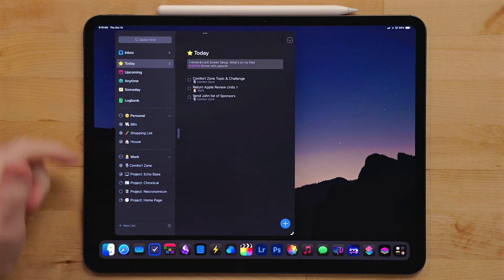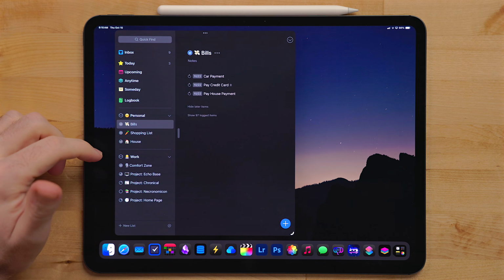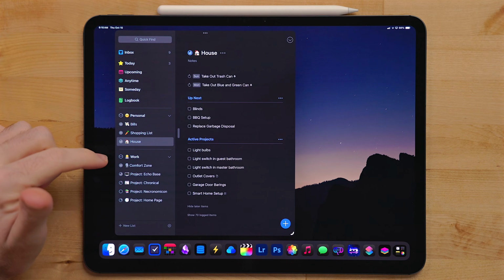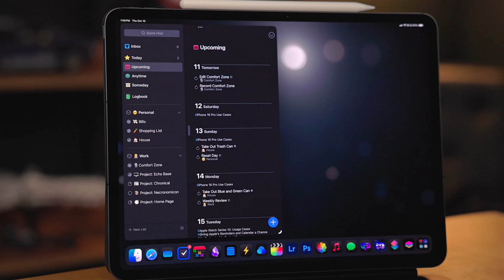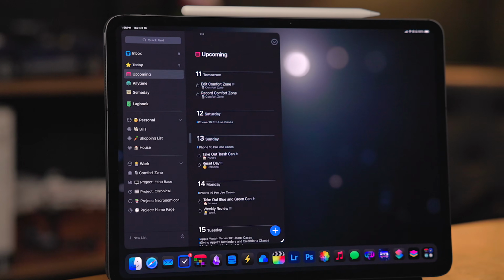Things is my kind of everything app. I use this to track stuff from big projects like grocery lists to household projects. I completely live out of this app. My only wish is that it had a calendar view, so I was able to lay out projects and tasks into that kind of view. If that was the case, I would absolutely go back to Things being like my full-time everything project manager.